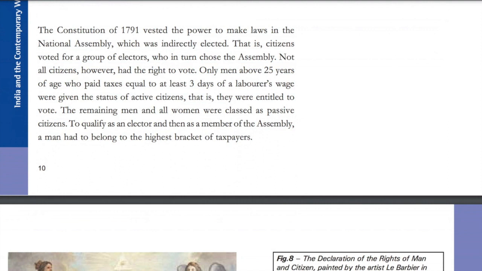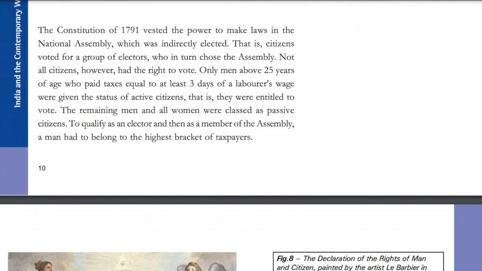People below 25 years were not eligible to vote. So only men above 25 years were eligible to vote. All women and men below 25 were classed as passive citizens, the remaining men